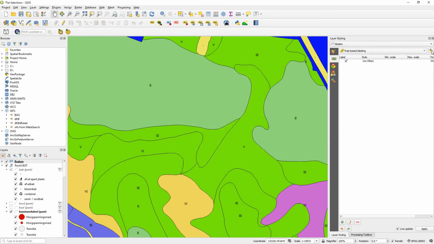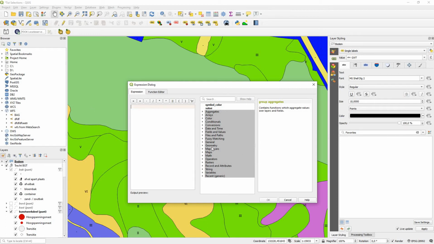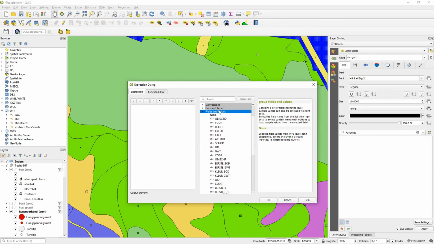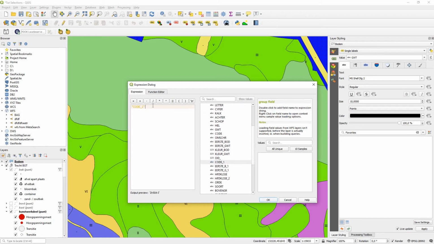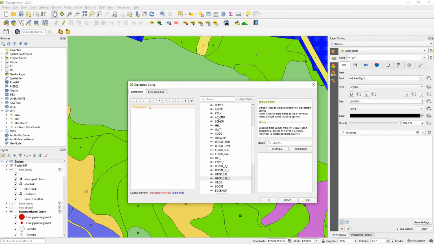And then we go to rule-based labeling. I believe. No, we go to single labels, to expression. And then we go to fields and values. And then we say that we want to show, let me quickly say, the first code. So, no, that's a bit too much. No, let's remove that. So we want to get the first class, sure. And we would like the second class, no, that's also a bit odd. And we would like the code, like this, with a space in between. Is that possible now? Maybe like this, no. Plus code, and then maybe a new line where we're going to put